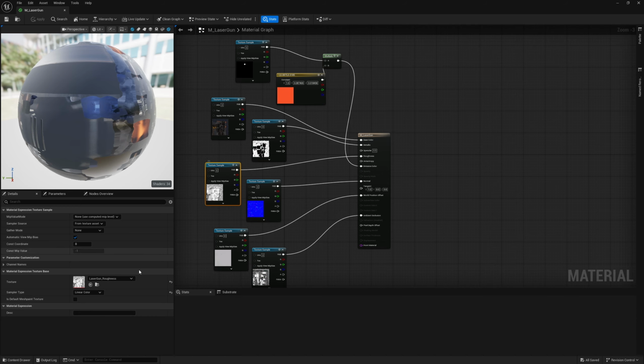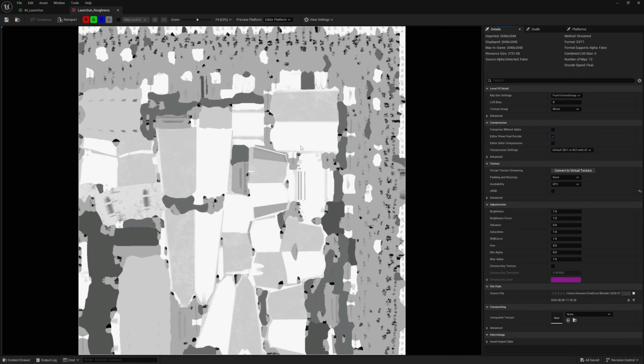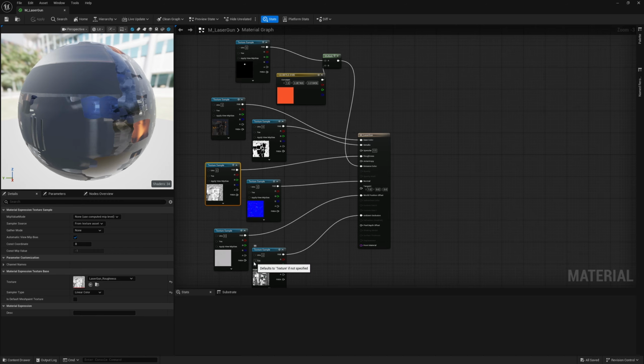The only thing that I changed is that I changed this to linear color, and for each of these grayscale maps I took out the sRGB option. It kind of makes it better. There's probably a way to automate it better, but I just learned it with the previous assets in this project, that I can turn the grayscale maps into non-sRGB, and here I can choose linear color, and then the model will actually look a bit better, at least for me, but I am not an expert